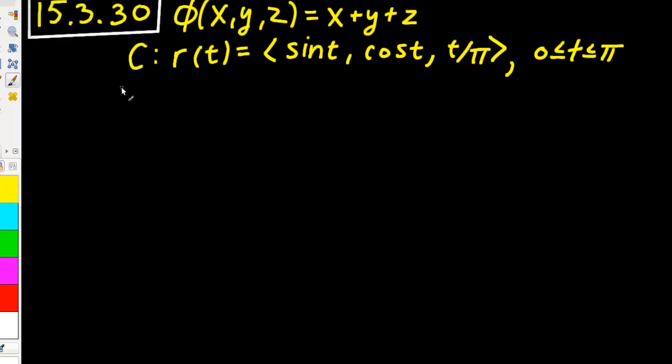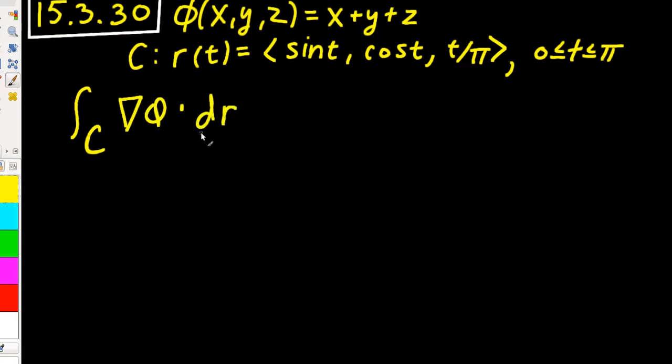This is problem 30 from section 15.3 on conservative vector fields. We're given this potential function phi equals x plus y plus z and a curve r of t given by sine t, cosine t, and t divided by pi as t ranges from 0 to pi. In this problem we're going to evaluate the integral over the curve of the gradient field for phi dot dr